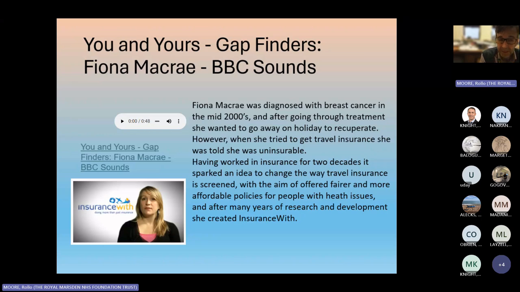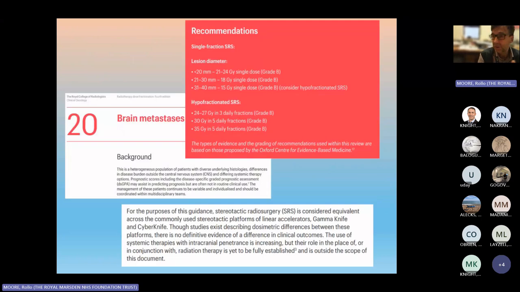And I'll explain a little more about what those are. Fiona is still working in her company that she created, and she was determined to open the opportunity for people to live after their radiotherapy treatment in a more full way without any financial issues from that insurance cost. So I'm going to talk mostly on brain metastases, which is a particular